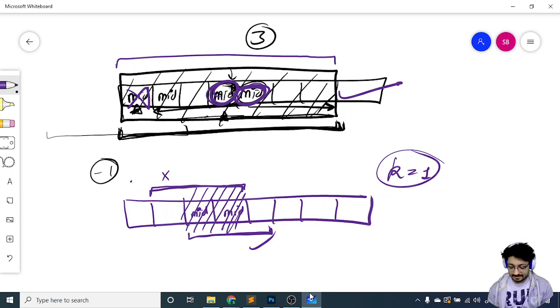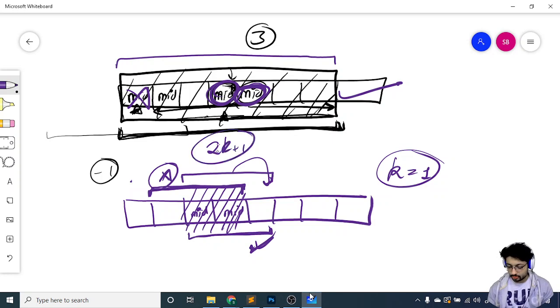What you have to do here is just remove the last element from this window, so you have this window's total sum, and add the next element which you want to move into this window. Thus this window will shift like this, and the total number of elements will be the same, that is 2k plus 1. So you divide the total sum by 2k plus 1 and store the answer.